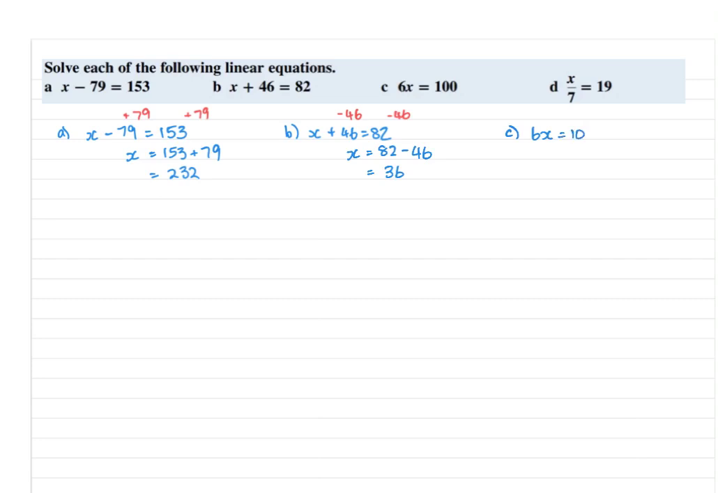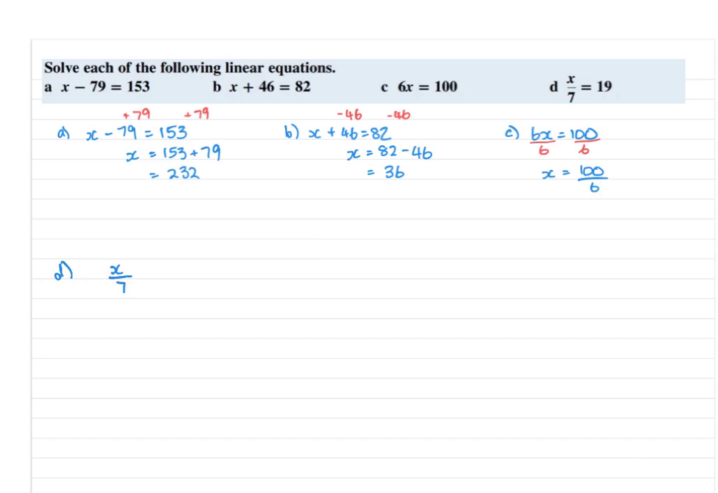6x is equal to 100. Well, the opposite operation of multiplication is division, so we divide both sides by 6, which means that x is equal to 100 over 6. And D,